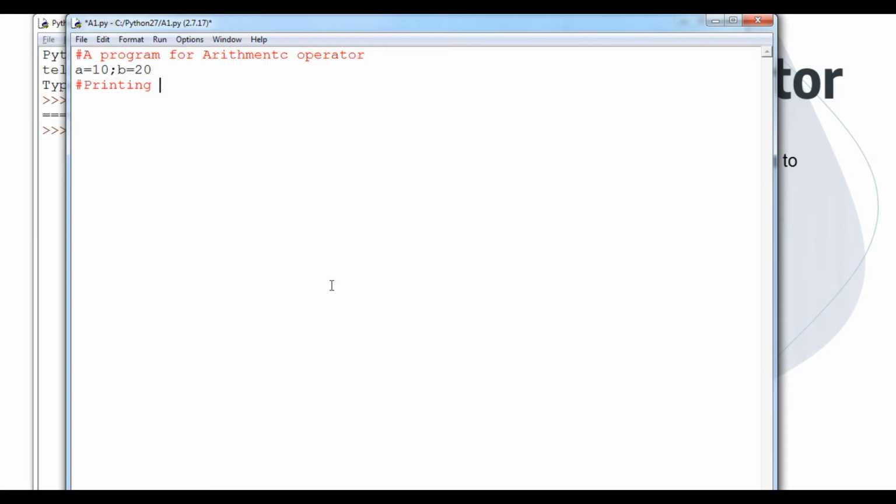Printing the values of a and b is possible with the help of the print function. Before performing the output, I can directly use print within double, single or triple quotes: the value of a is.